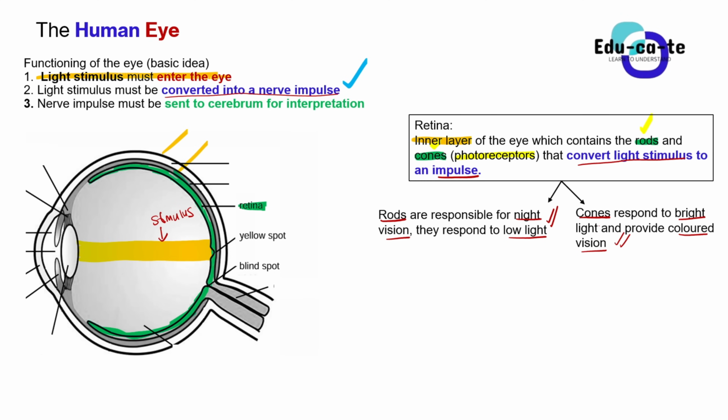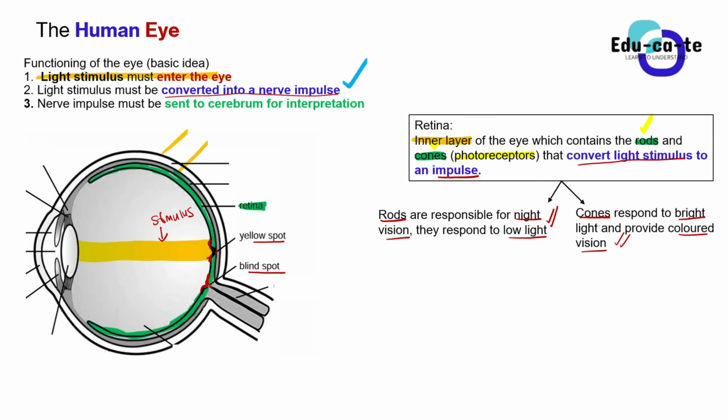All right. Now on the retina, there are two parts. We have a yellow spot and a blind spot. The yellow spot is here. This is on top of the retina, on top of this green layer, the innermost layer. This dent-like structure here is known as the yellow spot. And then here is the blind spot.